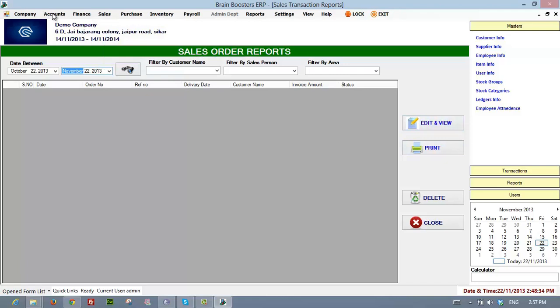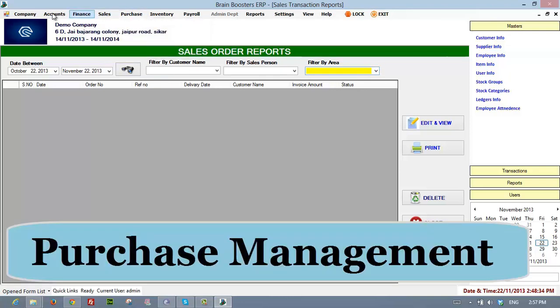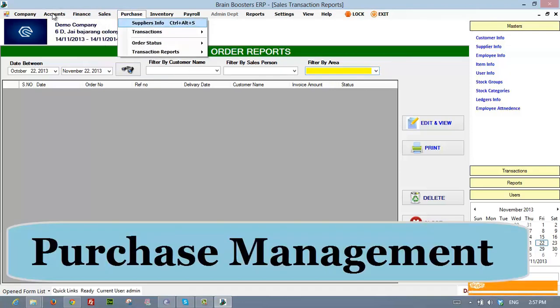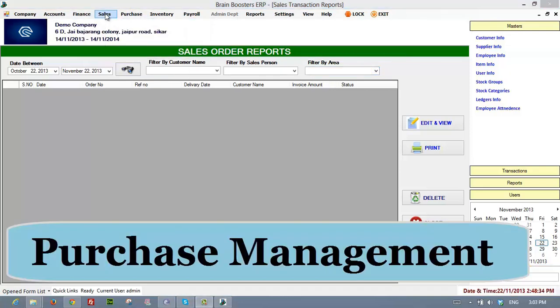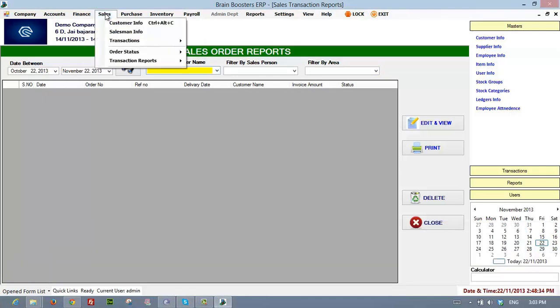It will be already there. You can choose from date, and you can filter by the customer name, salesperson name, and filter by the area also. So this way you can control all sales and purchases. The same way you can manage the sales, you can also manage the